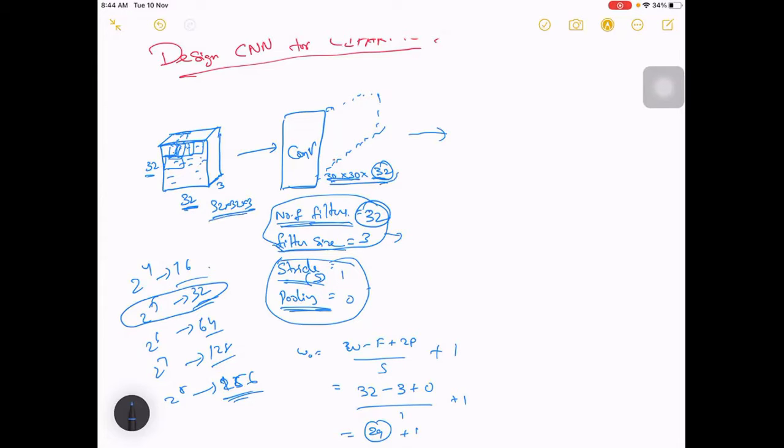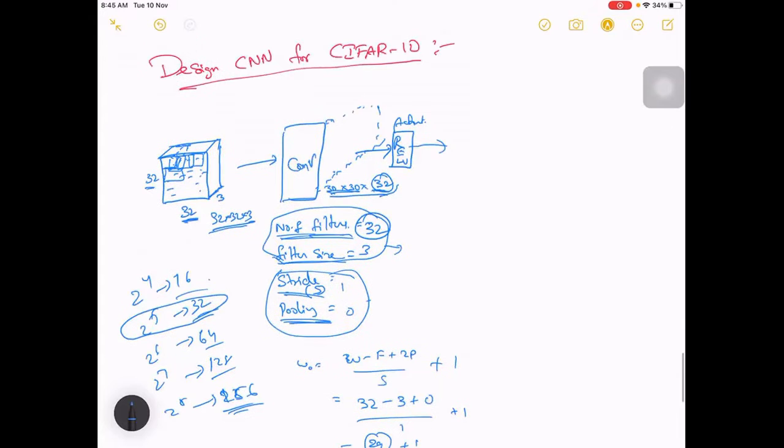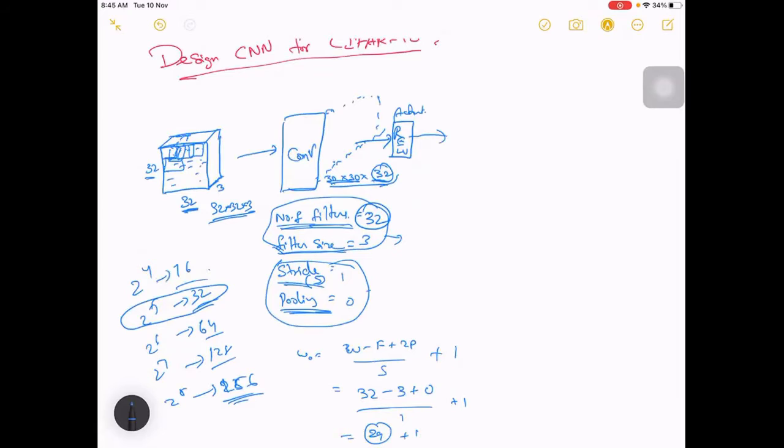Now you can have an activation function after this. Maybe put a relu. Usually people use relu now in most cases, so let me use the relu activation again. You can also specify that activation within the code while implementing. And you can do pooling separately instead of specifying it in the layers. Maybe keep a pooling here, max pool. You can do it separately.